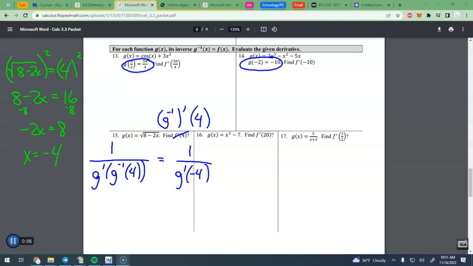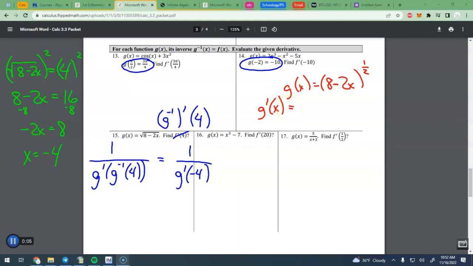Questions on that piece? Why put the 4 here? I've solved it. Okay. So then I got to plug negative 4 into the derivative. Well, I don't have the derivative yet. So that's another side question. So g of x is really 8 minus 2x to the 1/2. Just rewriting it because I can't do a square root, so to the 1/2 power. And then g prime,